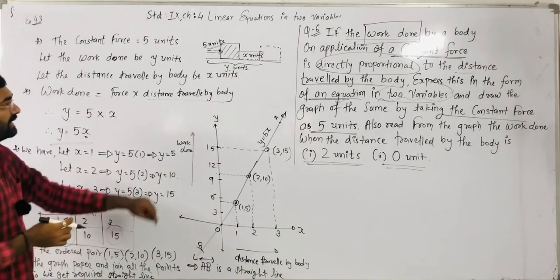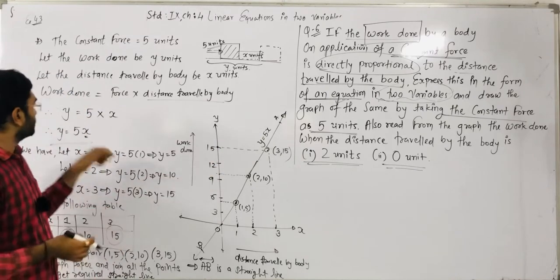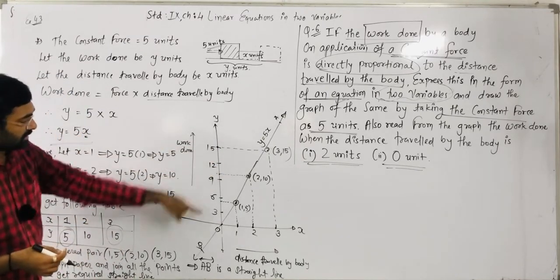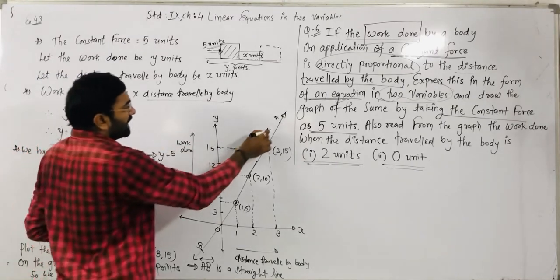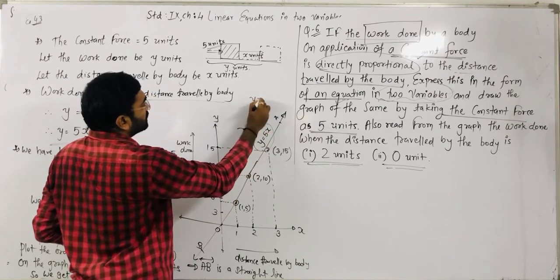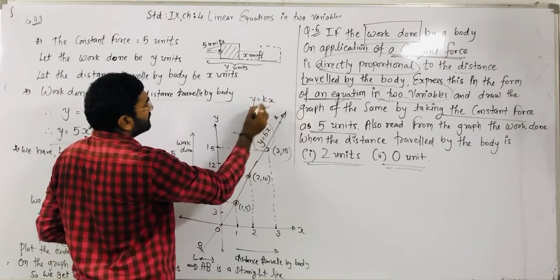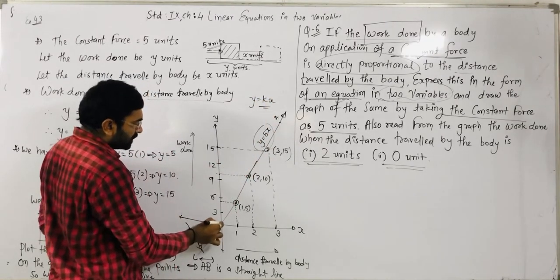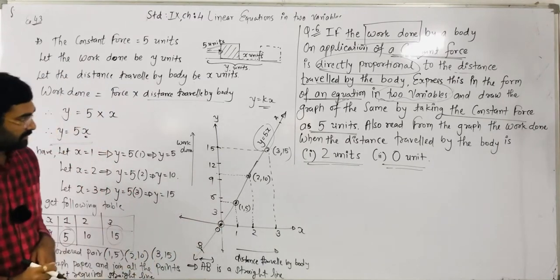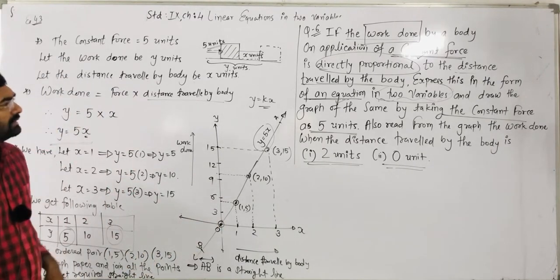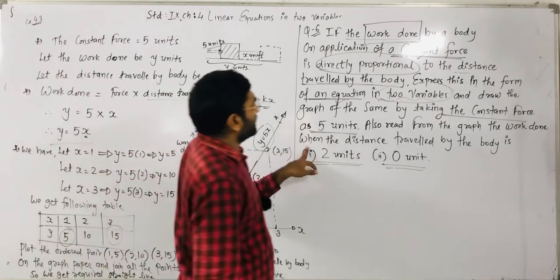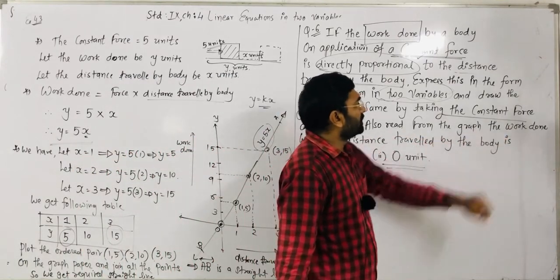So that is our graph of the given equation; whatever equation we find, that equation's graph. Observe y is equal to 5x, and we also discussed in our previous period that y is equal to kx is given, and it is always passing through the origin. Okay, that is for external. Right? Now, as per the question, from the graph we have to find out the work done.